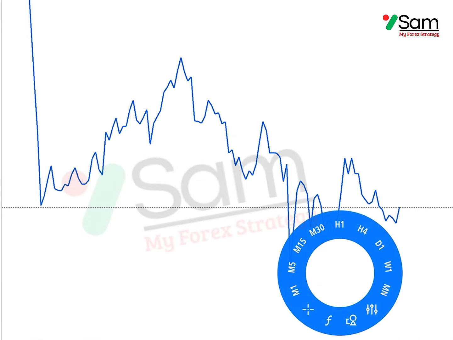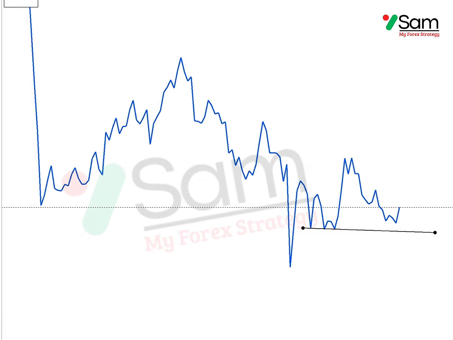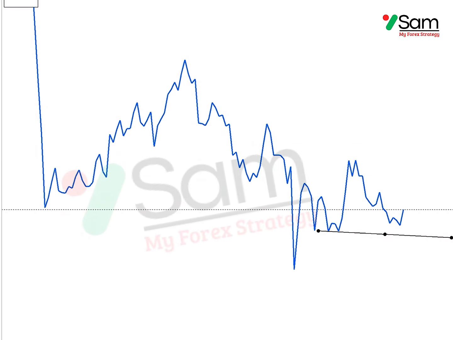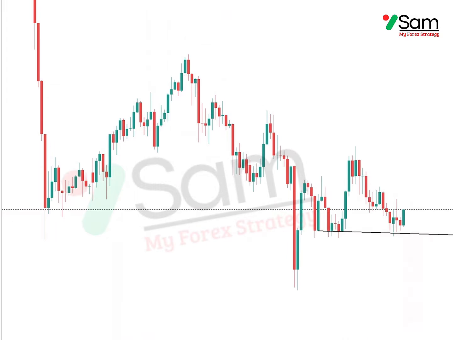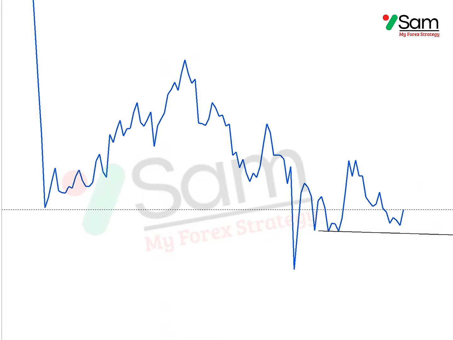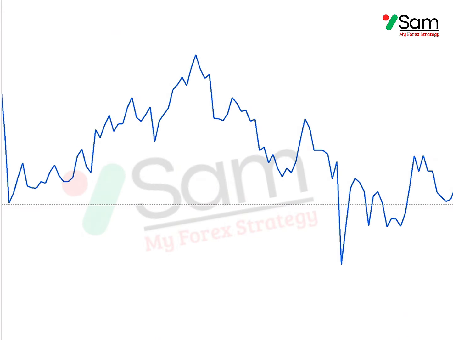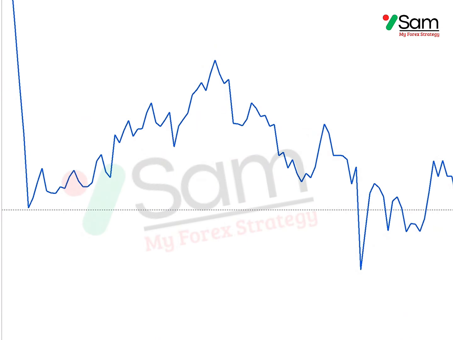This is the main function of having two formed support or resistance levels combined with a trend line. They provide a strong reason why the market, at some point, will react at those areas. Besides being a tool to identify the trend, support, resistance, and trend line also act as a confluence to strengthen our entry zones. That is why Sam sometimes uses a trend line not only as a direction guide, but also as an entry zone. The most important rule is this: there must be at least two formed supports or resistances. Without them, the trend line has no strong significance.